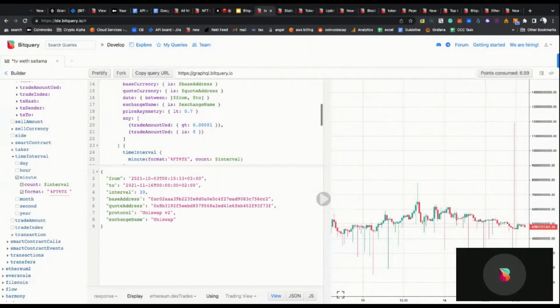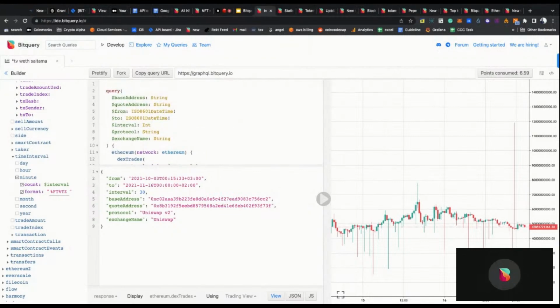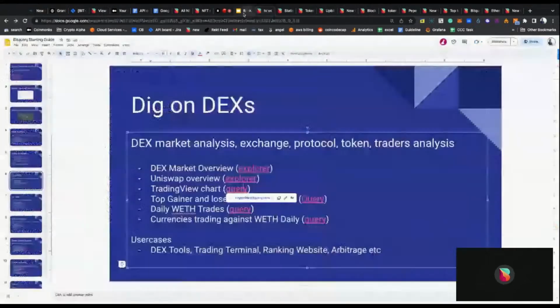You can actually dig pricing data for any token traded on dexes, and you can have a TradingView chart to see price analysis for specific tokens. And this is more interesting because now you have access to any token which is traded on dexes, because this type of thing might not be available in many places. There are a lot of dex related tools which enable this. A lot of them use our APIs to showcase this data.